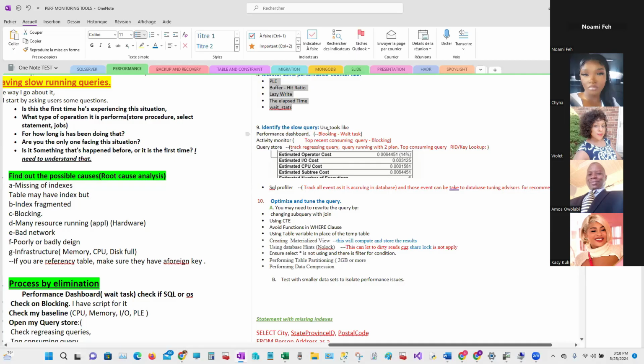You can use the performance dashboard to check blocking, wait statistics, top resource consuming queries. You can use activity monitor to check your top resource consuming, blocking, and so on. You can use Query Store to track all the regressed queries, to track queries that are running with different plans, to track your top consuming queries, your read or key lookup. You can check what your estimated operation cost is. This is with